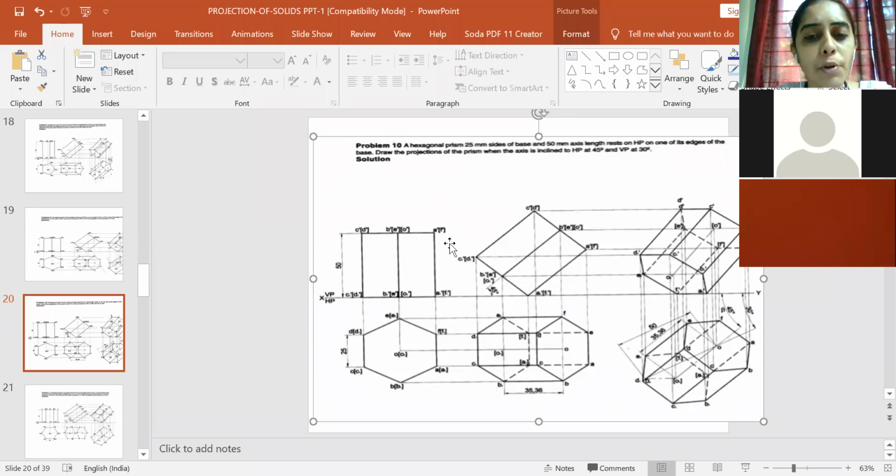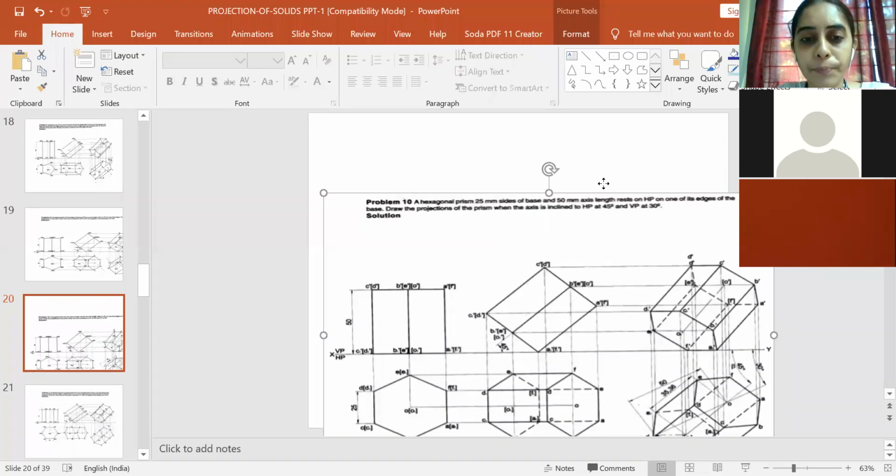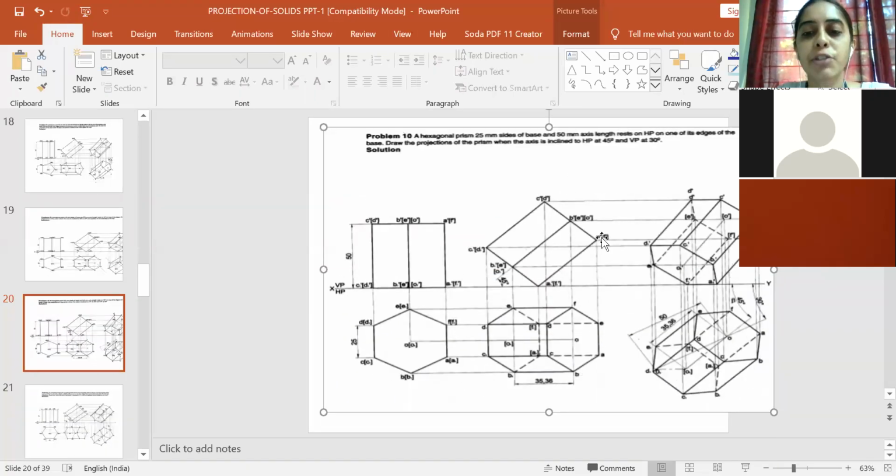So you will take the projection above and construct the front view, and then axis is inclined to 45 degree. So you'll draw an axis line of 45 degree, shift the entire front view to the second stage. See that one of the corners of the base lies exactly on the XY line. In that way you will construct it, and you show 45 degree to HP. Then you take the projections down from each corner.